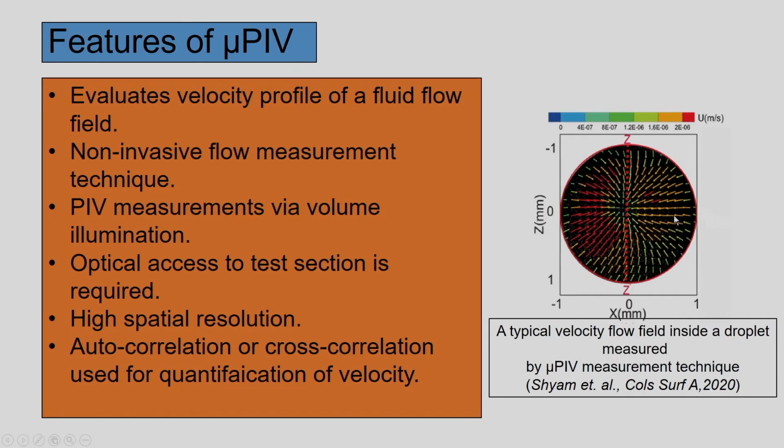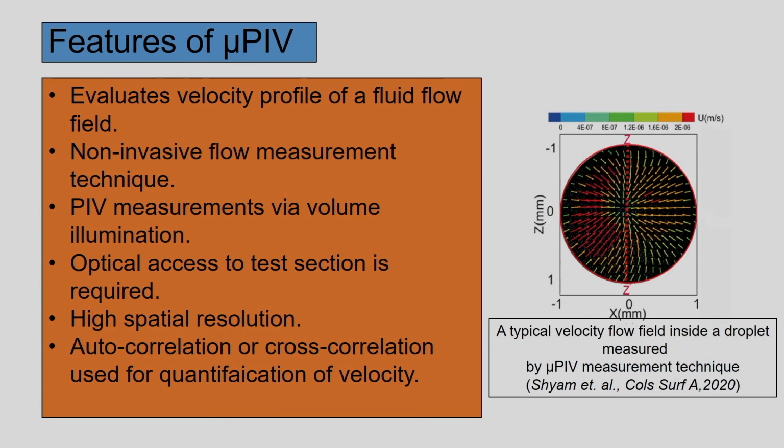Now the captured images will be used to predict the flow parameters, that is the velocity, that is what is important, and to do that we need to go for the autocorrelation or the cross correlation method. In the context of the discussion of PIV, we have discussed the difference between these two correlation methods, and we have briefly touched upon the cross correlation method, which is used in quantification of the flow parameters.